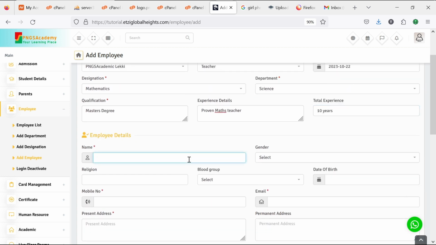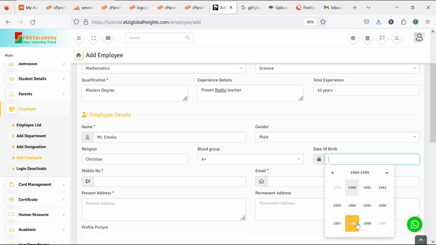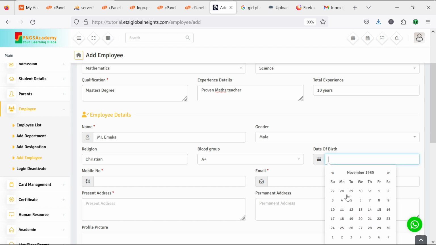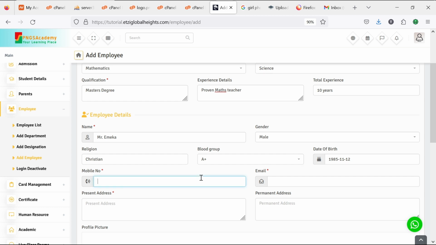So employee name, let's say Mr. Amaker. Is it Amaker or Omaker? Mr. Amaker. Gender is male. Religion is Christian. Blood group, let's say is good. His date of birth, let's say it's 1985. So mobile number,